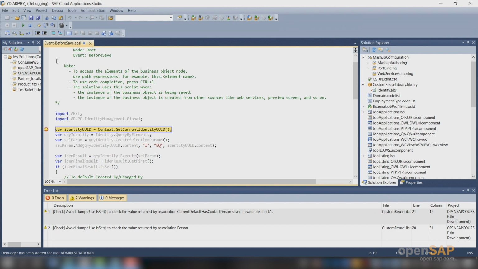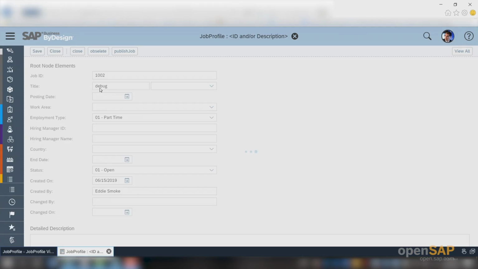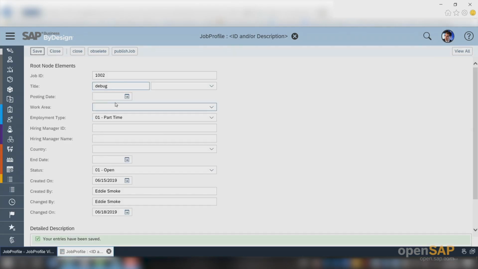Now to go to the next executable line, you can either use F10 on your keyboard or do step over here. You can see it goes to the next line. You can further go to the next line here, and at any point if you want to come out of it, you can just say step out, the next button you see in the toolbar. You have come out of the code already and your entries have been saved with the new values. So this way you could debug your code if this is required.